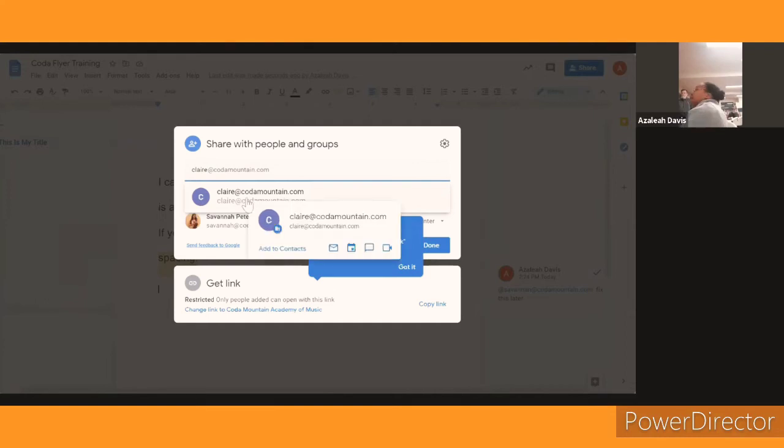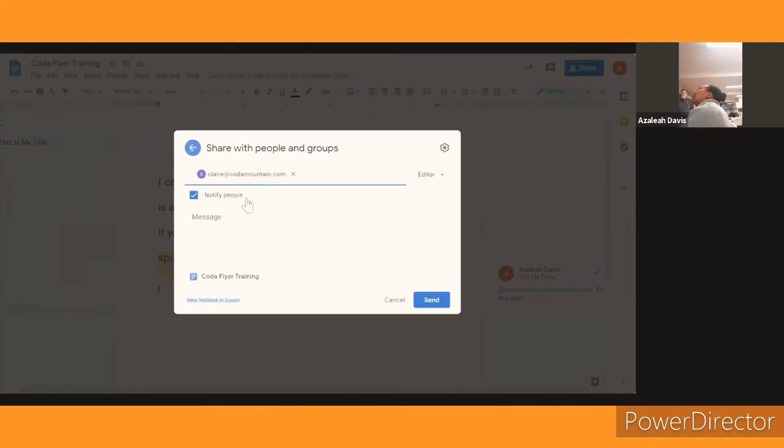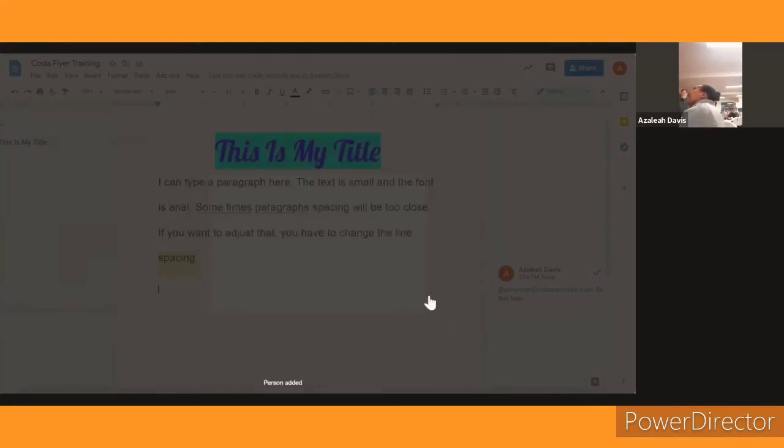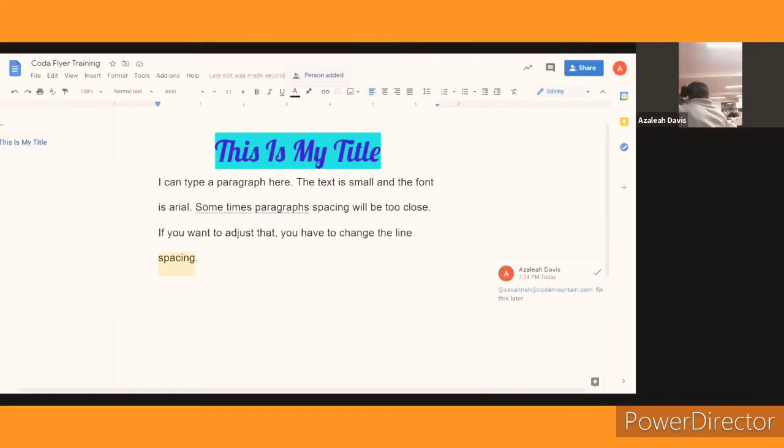more than likely it'll pop up on its own. But I'm gonna click on that and then click send. So when that happens, now she's going to get an email saying that they shared this document with you. So the three of you can see the same document. Yep, at the same time. And you can edit it at the same time. Really? Yeah. So if I, for example,